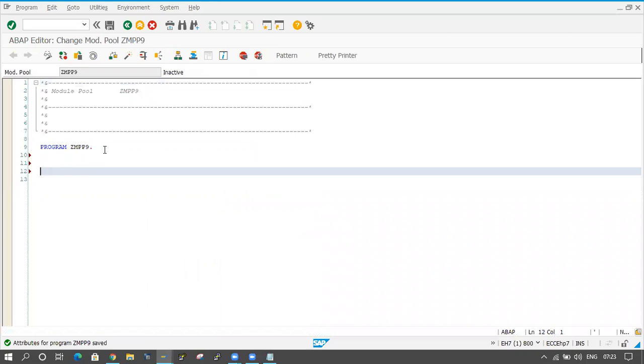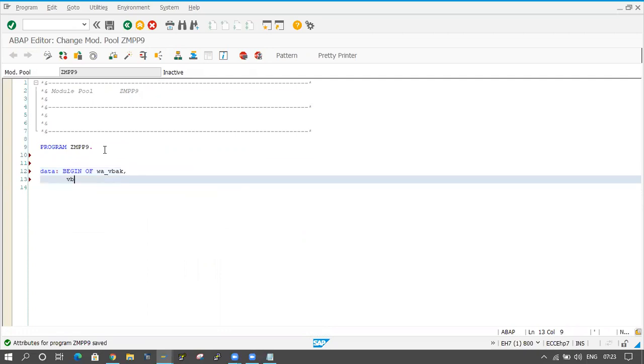Simply I will declare one work area: data begin of work area. Directly I am declaring the work area here, I am not declaring the structure. VBELN type VBAK.